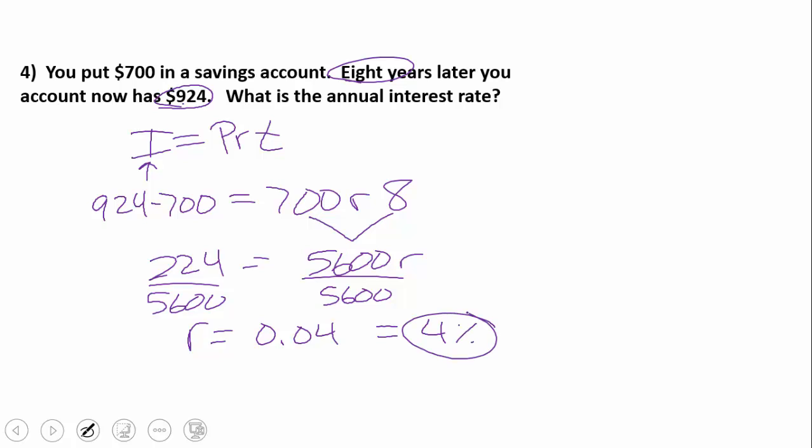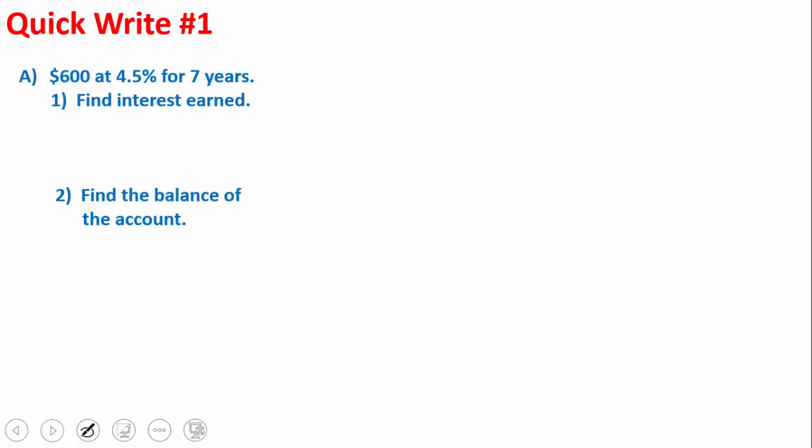Okay, so solving for interest rate and principal, that's the two we're going to do now. Obviously, when you come back, we're going to solve for some others in video number 2. Let's go to our quick write number 1. In part A1, find interest earned on $600 at 4.5% for 7 years. $600, 4.5%, 7 years, and then find the balance of the account. All right? After you're done with that, take a quick break, come back for video number